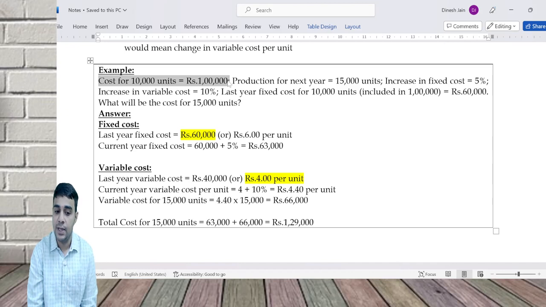This question they gave a breakup saying last year fixed cost is 60,000, balance was variable. Some way the breakup has to be given. Some problem the breakup would not be given. You will have to compute the breakup. But I cannot work with an item called a semi-variable cost, because semi-variable cost does not help me in doing my analysis. So for analysis purpose, this semi-variable cost has to be broken down into variable and fixed using some ways. Your ICAI material talks about 5 different methods, but in all problems we'll follow one method. I'll first explain that method. Other methods I'll just discuss from your ICAI material. But what predominantly worked is only one method of splitting. Next,